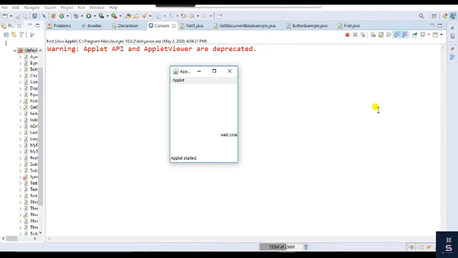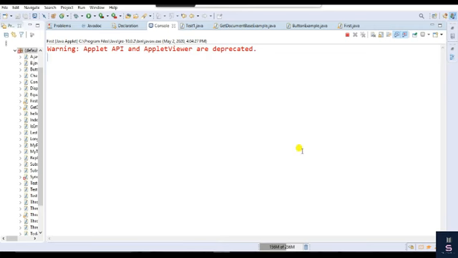Okay, and you already know that an applet is a program which runs in a client side web browser. So here we have seen the applet started, because we know the init method, we know the start method, we know the destroy method, we know the paint method. Okay, so when the applet started, we got the message here, and we know that the init method is called only one time, and the applet start method is called every time we minimize and maximize.